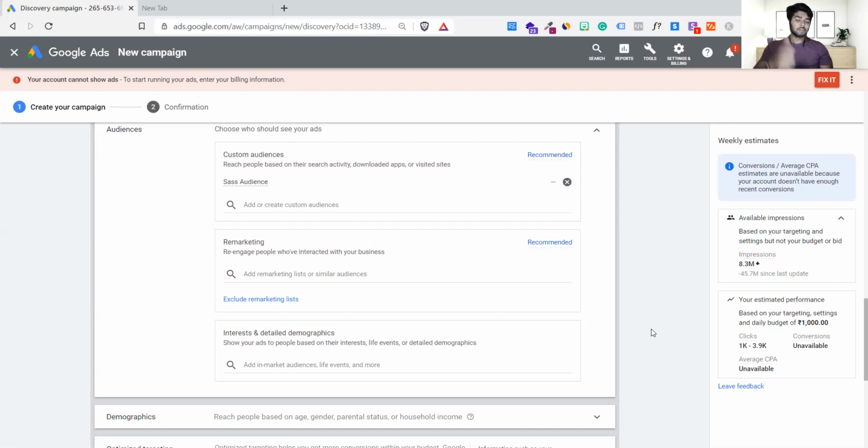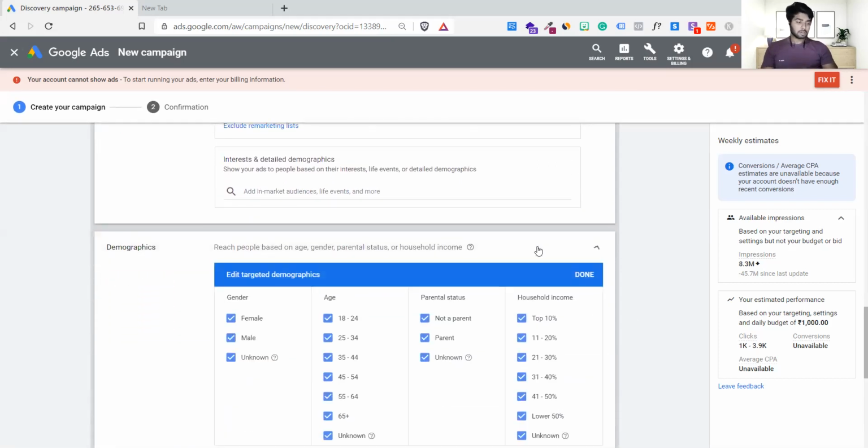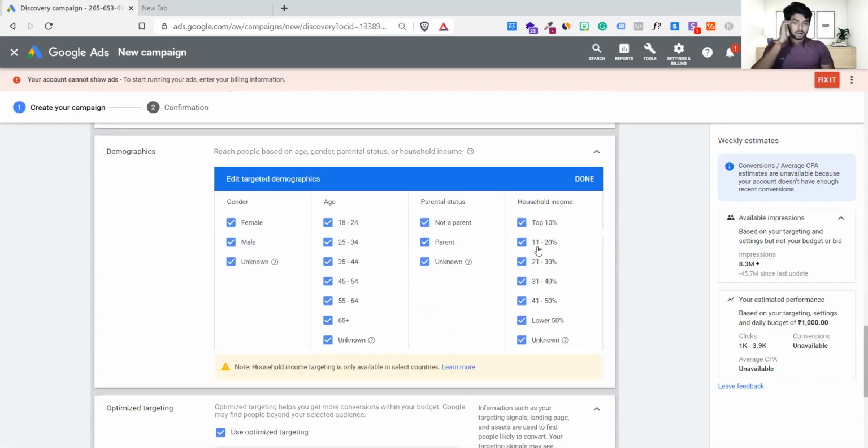Now we are done with it, and let's go ahead and click on the demographic again, which is another fun fact. Female, male, I don't want to uncheck any of these already, but you can, because we have seen in this Google Insights as well that most of our audience is male. If you want to save money and do some highly specific targeting, you can do it.